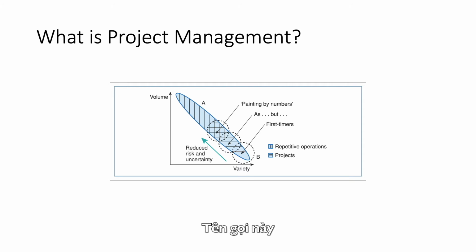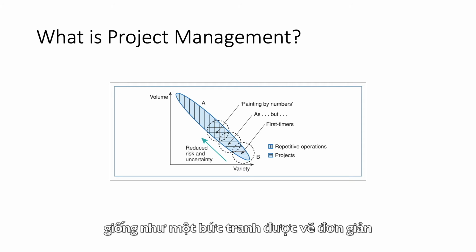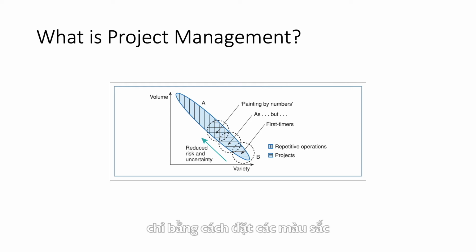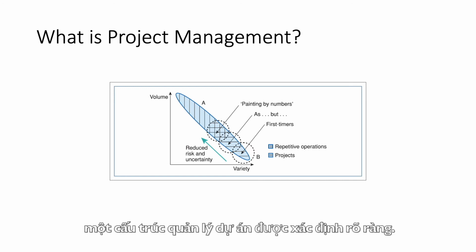What this means, painting by numbers, it refers to a painting that you do by simply putting colors inside of pieces of the painting, each color represented by a number. Each piece has the number printed inside of it, and you just simply paint the color inside the piece that's labeled with the number. Now, this analogy applies to project management because many times we have a well-defined structure and